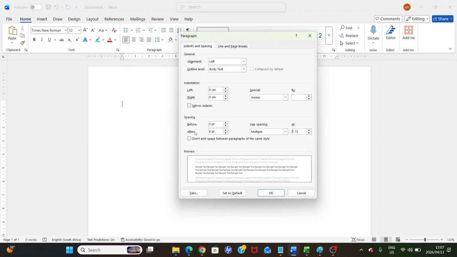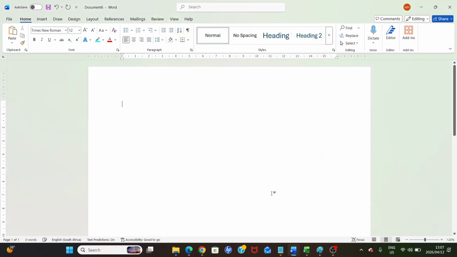So now you go to the after box and you click twice and it will make it 0. So line spacing 0. Sorry? No, not auto. Auto is actually still bigger than 0, yes. Okay, and now we are ready.